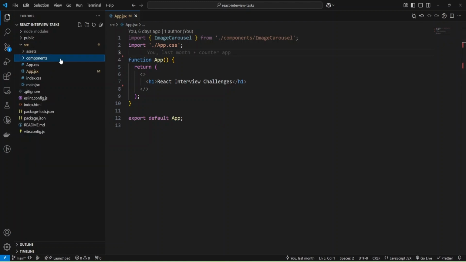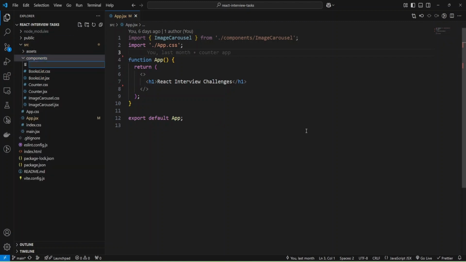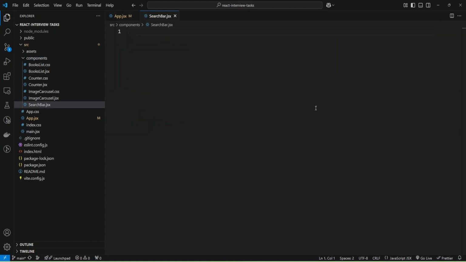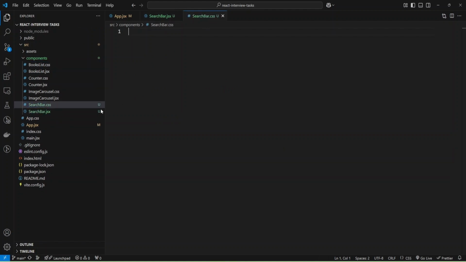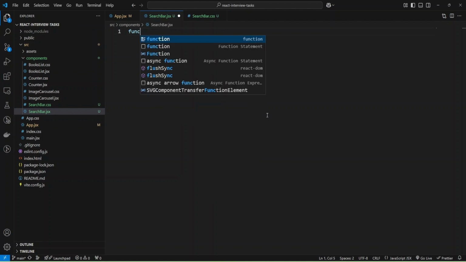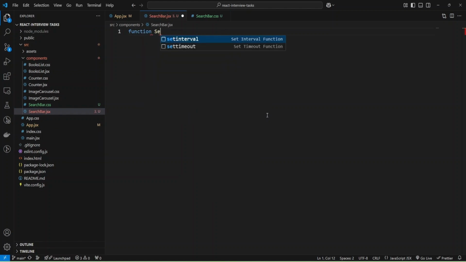And now I'm going to add new component, and it will be SearchBar.jsx. And also I'll create file for styles, SearchBar.css. Okay, and now I can create function SearchBar, and it will be functional component.